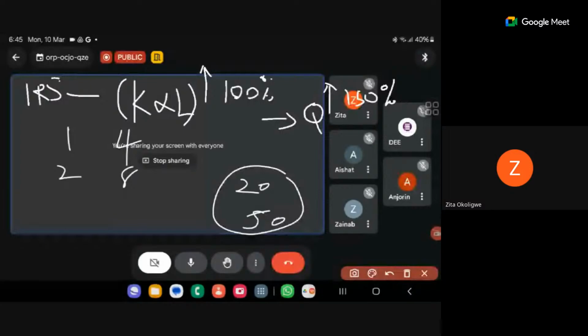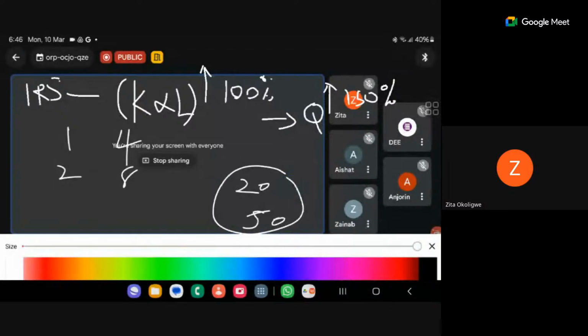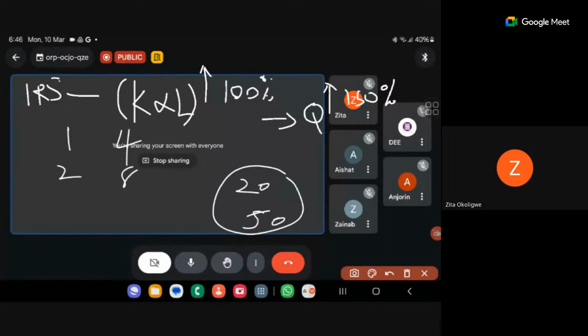Some of these are examples you don't learn because you don't pay attention to them, and it may affect you when you are doing a course. If I ask you, if production increases from 20 to 50, by how many percent has it increased? Some will say it increased by 30% because they don't know how to find percentage. Production increased by 30, not 30%. If you want to find the percentage, it should now be